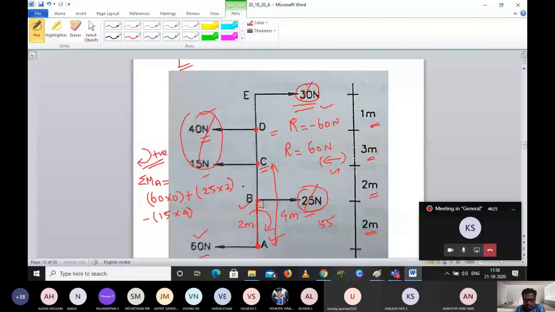From point A we have to take. Tell me now, how much total distance? 40 into 7. Minus 40 into 7. Okay, I think I can mark it here: from here to here, 3, 5 and 7 meter for point D. So how will it rotate, clockwise or counterclockwise? Anti-clockwise. So it is minus 40 into 7.